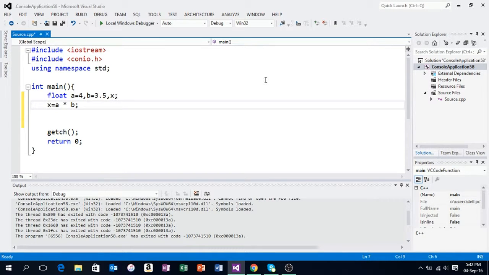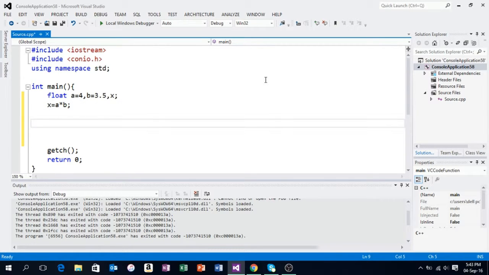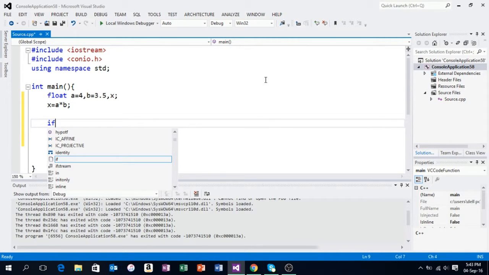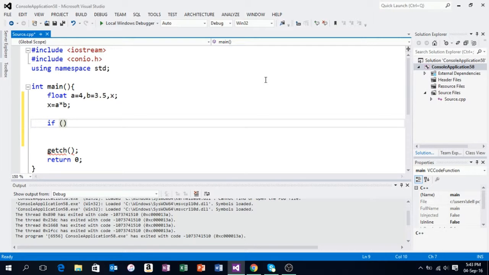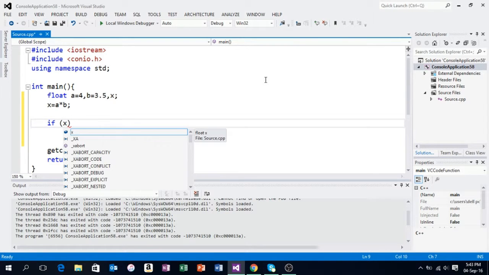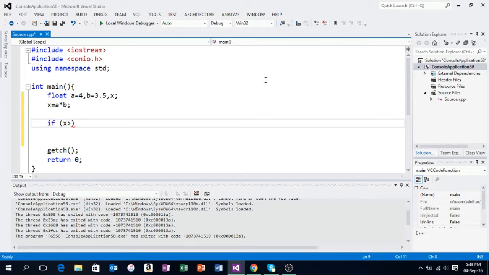Yeah, let's not just cut the spaces out. Then whatever the result is going to come for X, we'll apply a condition on it, like if brackets, and then we'll write our condition in this bracket that if X is greater than let's say 20, then curly braces here,